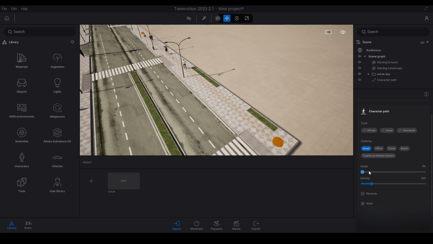So if I want to increase the width of my path, you can just put a number in here. So 1.5, or let's just say 2. And then I'll increase the density, say to 50%. And as you can see, they're all walking in one direction, and the density has increased after we've put that up to 50%. So yeah, there's one path, and you can also click this little box here which says reverse, so you can